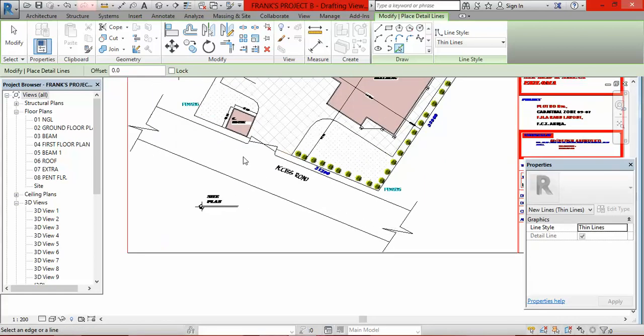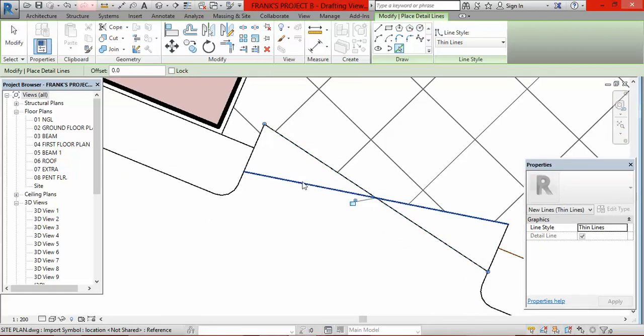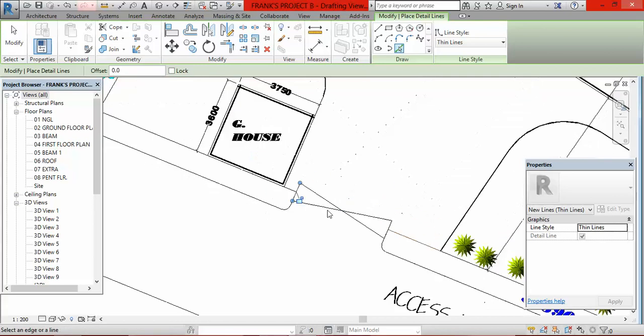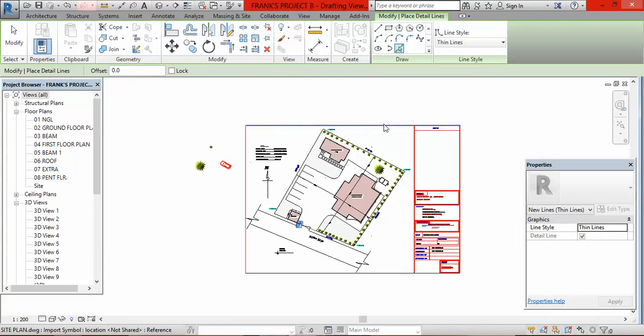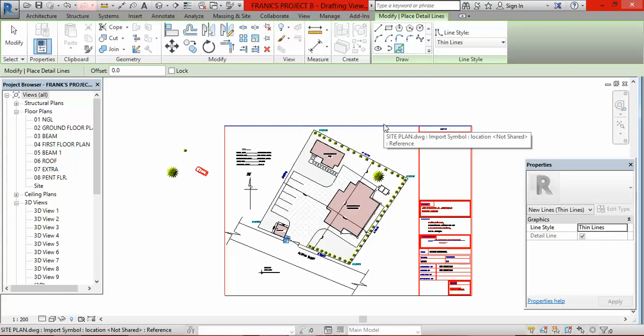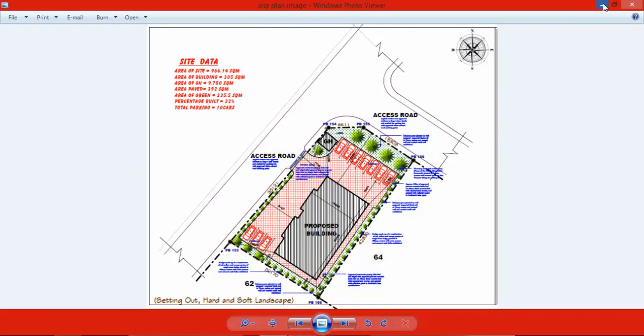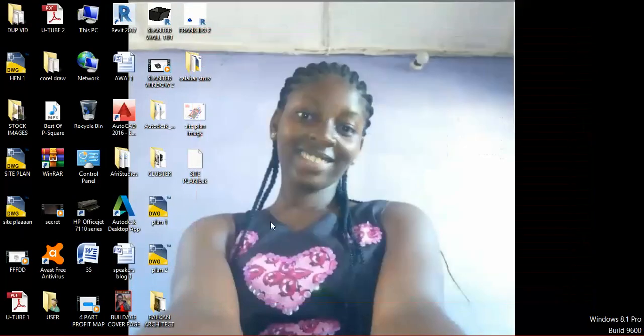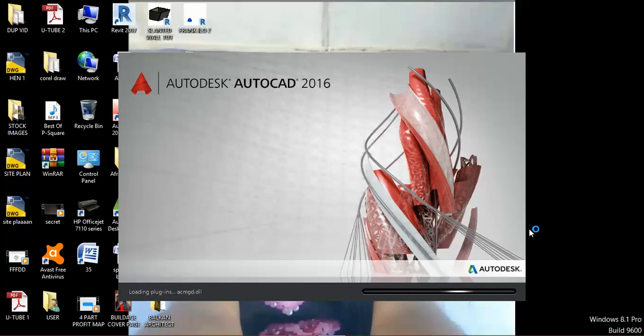Can we just go to AutoCAD to bring the cars and the trees? How do we do that? To do that, we are going to go to AutoCAD. So I'm going to minimize this. I'm going to open my AutoCAD. Where is that very site? Okay, here it is. I click on it to open my AutoCAD. All I want to show you now is how